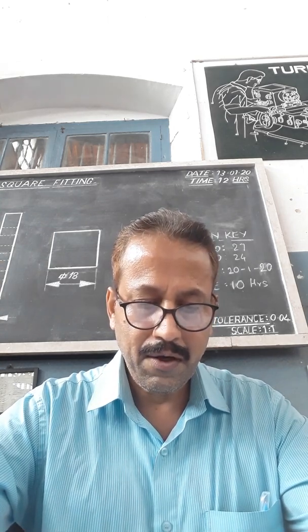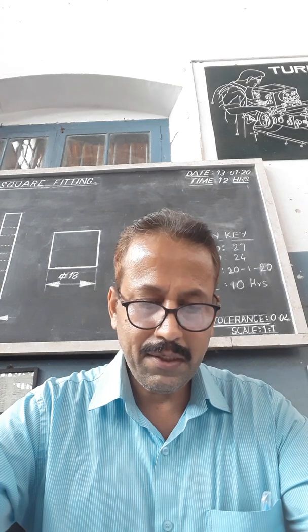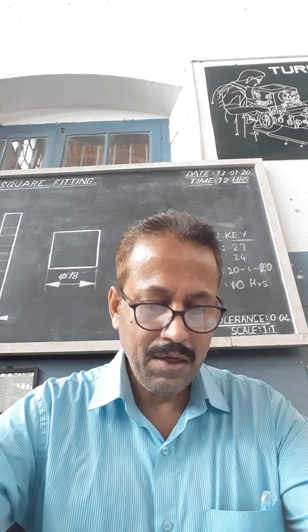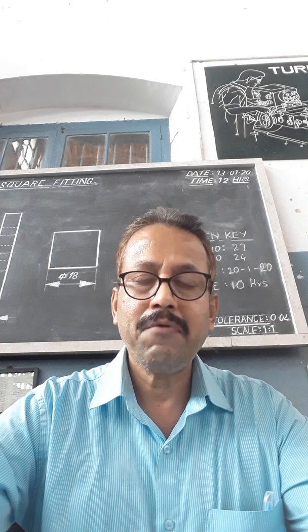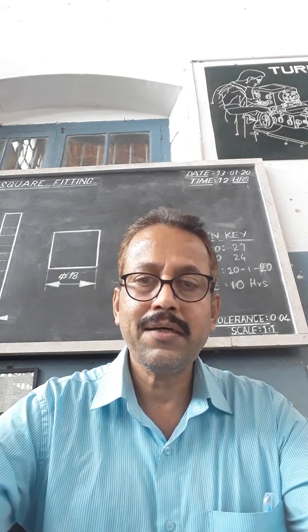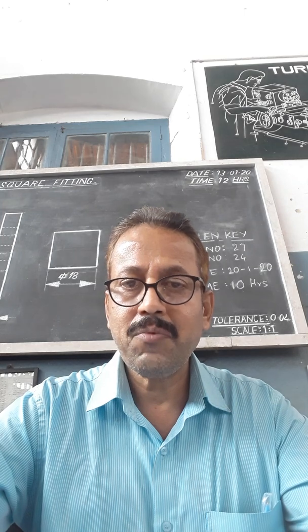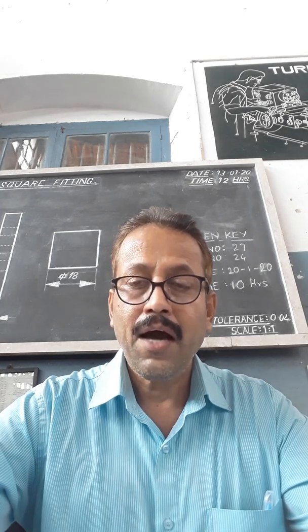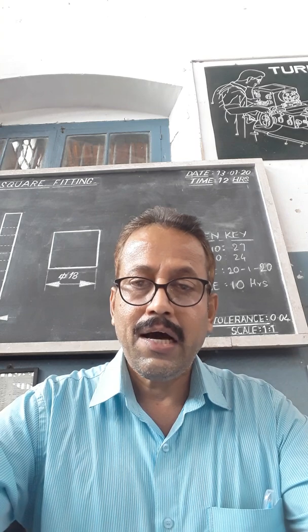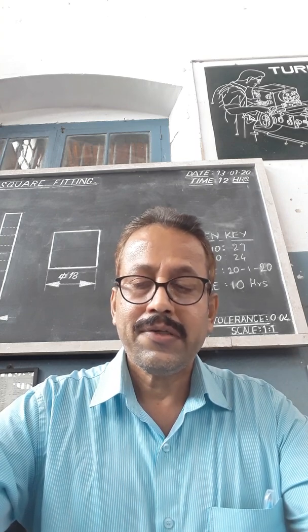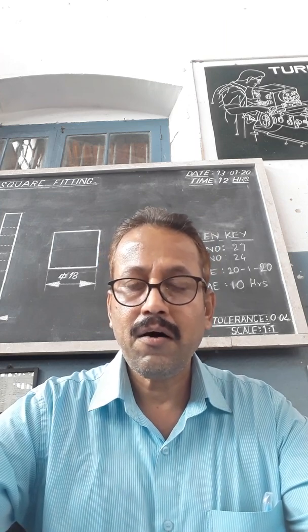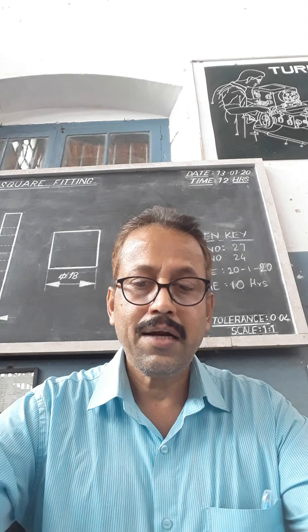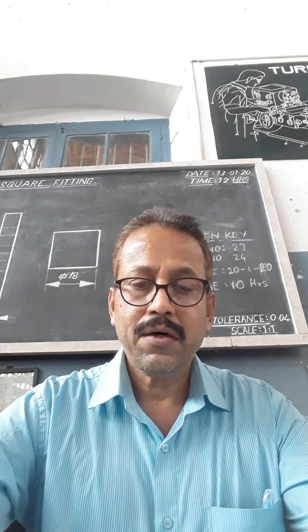Checking center distance of holes. With the help of precision cylindrical pins, the center distance between the holes can be accurately measured. So when there are two pins, with a gap in the middle, the center distance between the pins can be very accurately measured with the slip gauges by selecting different sizes of slip gauges by a trial and error method, and also by sense of feel. Exactly the size can be measured with the sense of feel. So these are the accessories, each accessory and its application, and how to use it, explained.